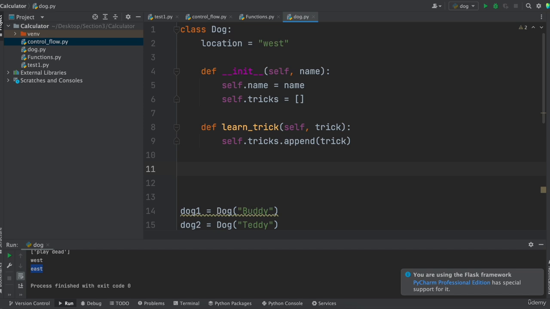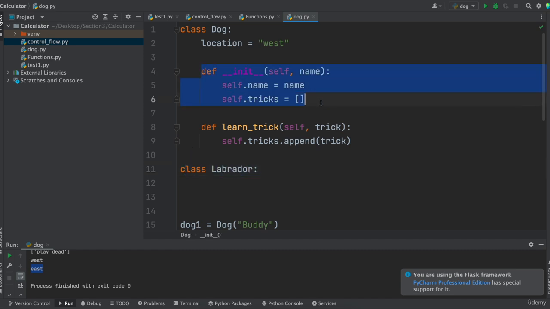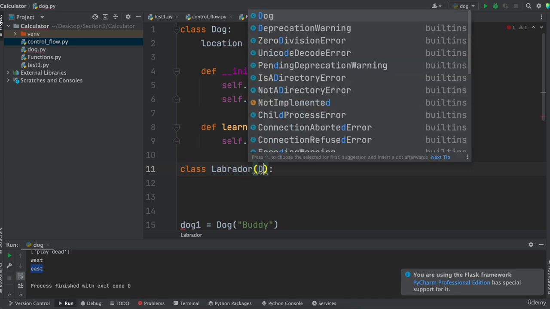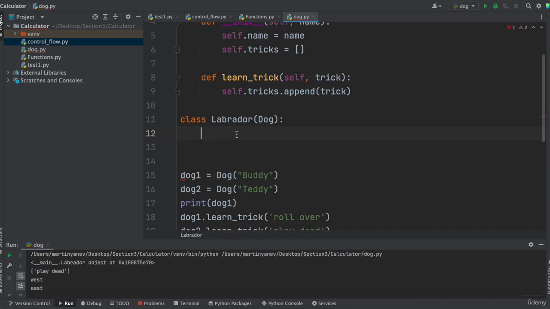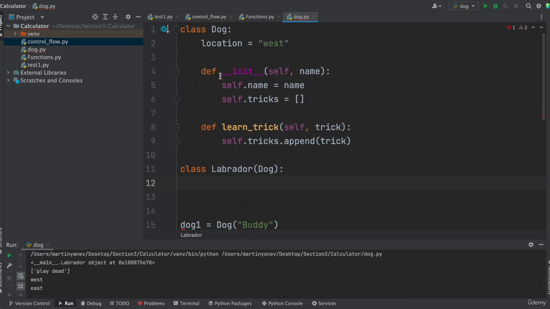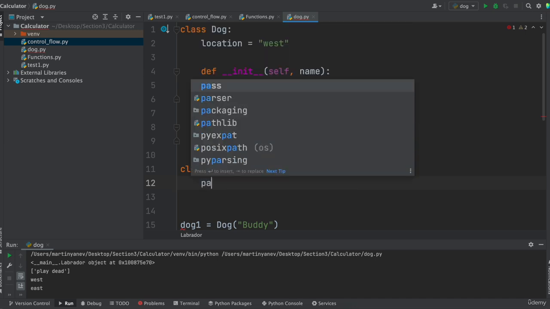So if I create another class called Labrador, which is a breed of dog, then it makes sense that the class Labrador pretty much has the same initialization and basically the same methods as the class dog, because a Labrador is a dog. So in that case, dog would be the base class, while Labrador would be the derived class. And you can simply write dog here in the brackets, and here is how Labrador just imported all the methods from dog. So if I don't want to update any of those methods here, I can simply write pass,